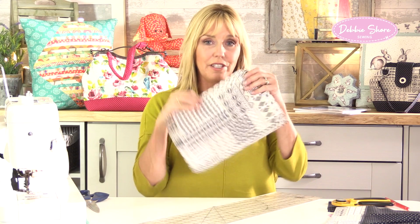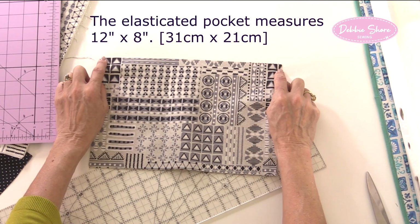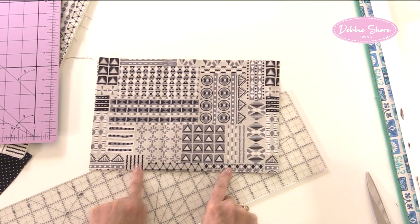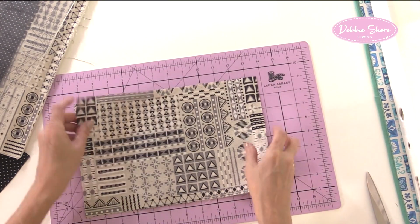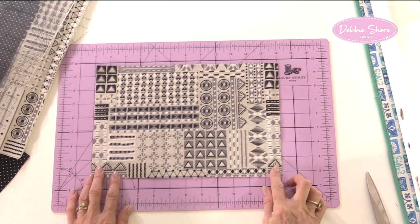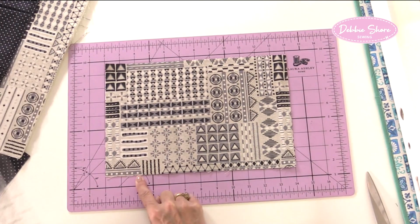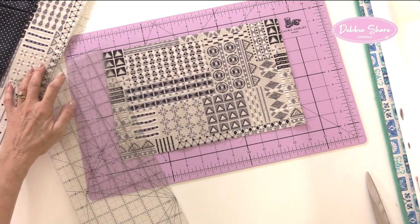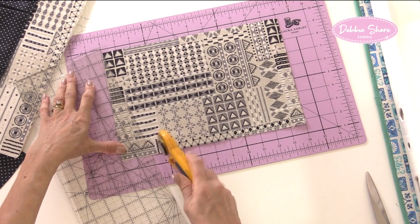So this is the fabric that I'm using for the pocket on the inside. And this measures up at 12 inches by 8 inches. What I want to do is to make the top of the pocket 12 inches and the bottom of the pocket 8 inches. So I've got the 2 pieces together and I'm just going to measure on my mat 2 inches from the side here. So I don't need to mark that. I can literally put my ruler over the top, measure in 2 inches and have the ruler at the top left hand corner